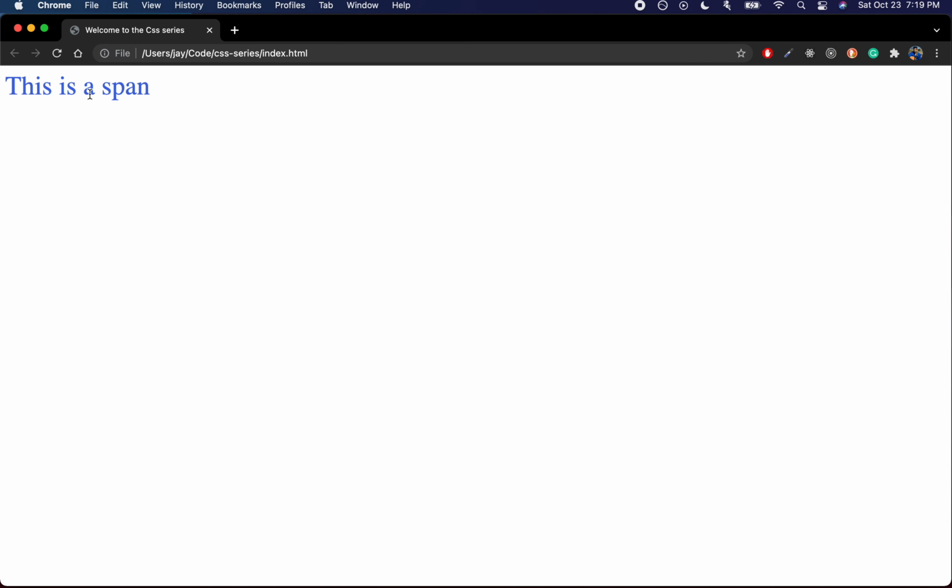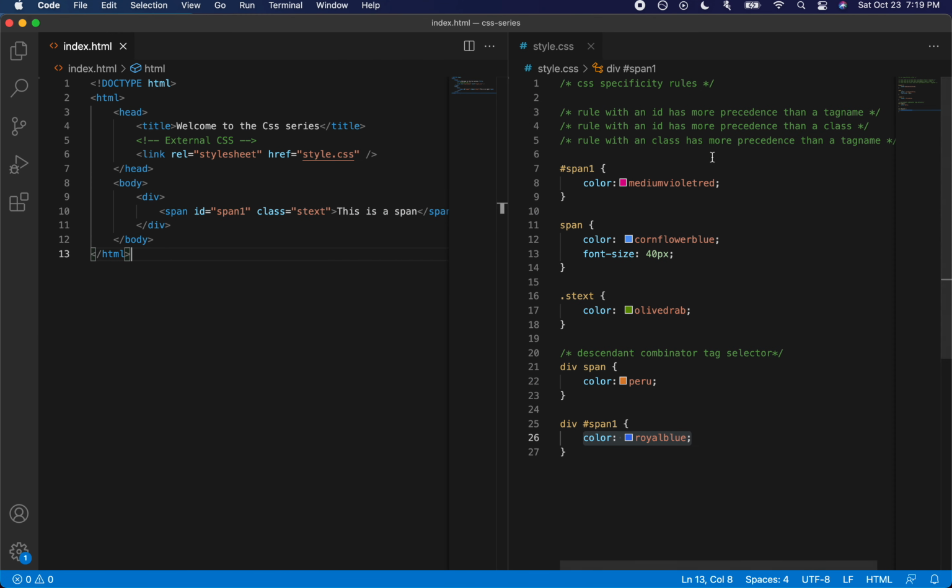If I go back and refresh, as we can see, it has replaced the medium violet red with royal blue. That means it's considered as a duplicate selector, and nothing here really changes. I mean, the combinator selectors do not have any effect on the specificity rules. So it's still the same selector.